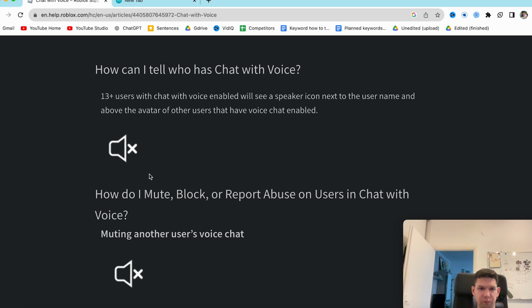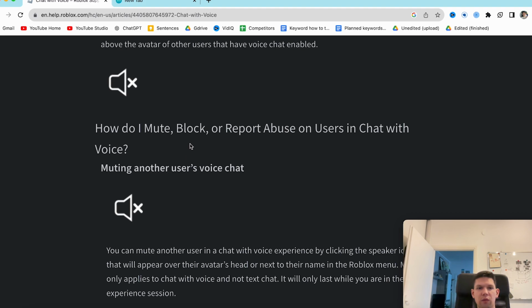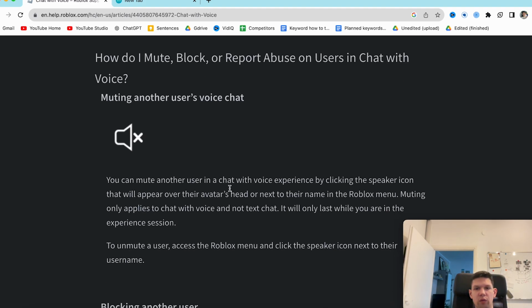So if you see this button, this speaker icon next to a username, and above the avatar, the user has chat voice enabled. And if you want to mute, block, or report someone, you can do that by clicking their name in the Roblox menu,